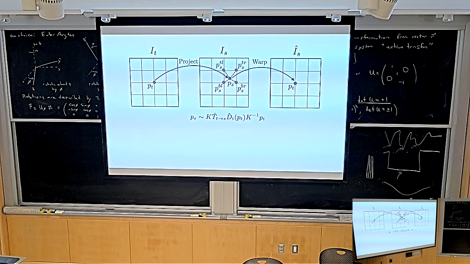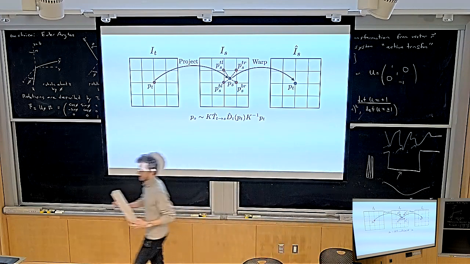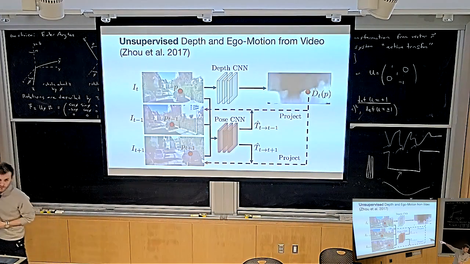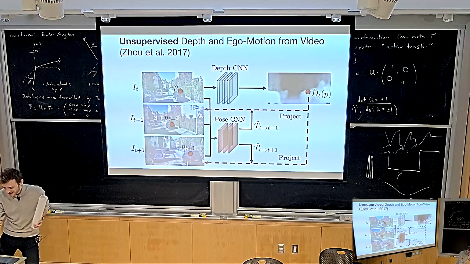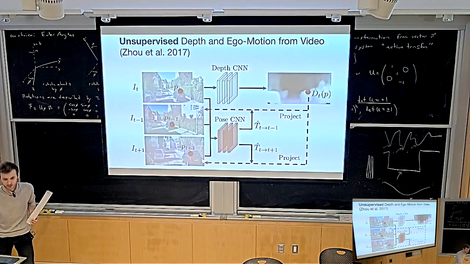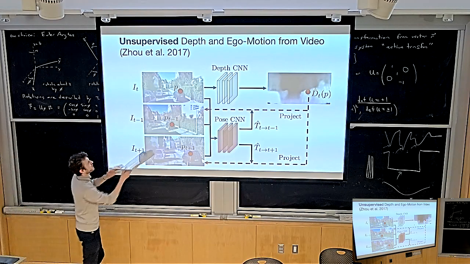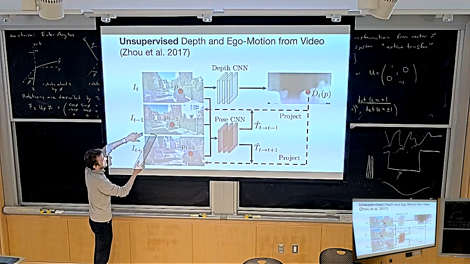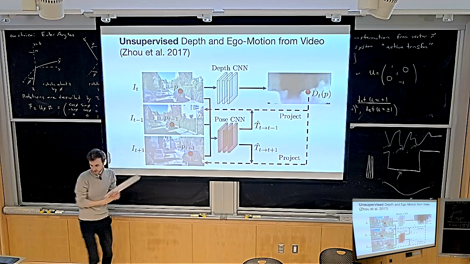Okay. So I hat S is in fact, I would call this I hat T, but I hat S is in fact this view here, this image I_T, generated using warping. So this is the target image. I_T is the image at the top. And I hat S is that image regenerated using the depth map and the pose. So you're re-rendering this image, using the pixels from the other image to re-render this image.